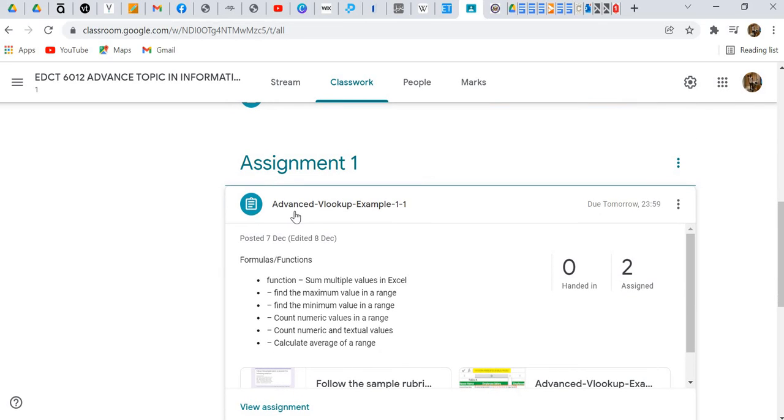You can see that I create an assignment, and the assignment is advanced VLOOKUP example 101. I also ask them to sum up multiple values in Excel. These are the questions that they need to answer, and I assign it to my 2 students, but no one has done it yet. I will show you that in the next part when we go to assignments, announcements, and all those things. You can see that 2 of my students are assigned this assignment,